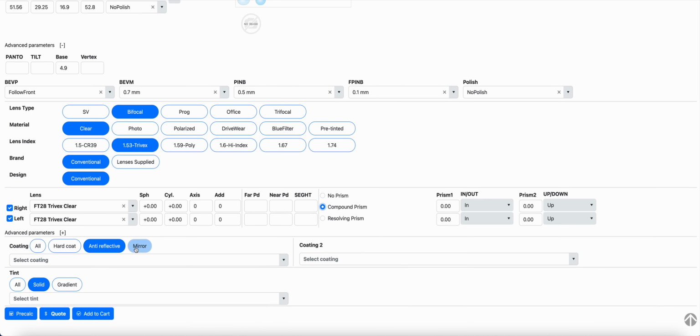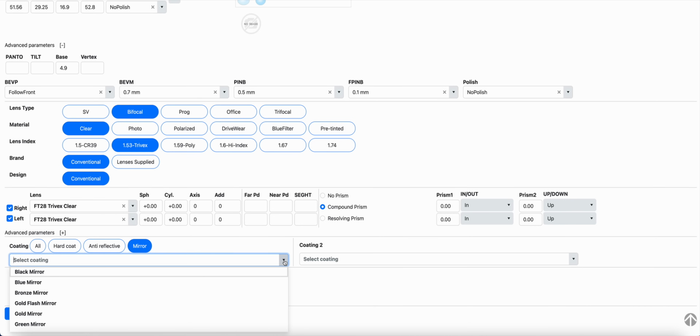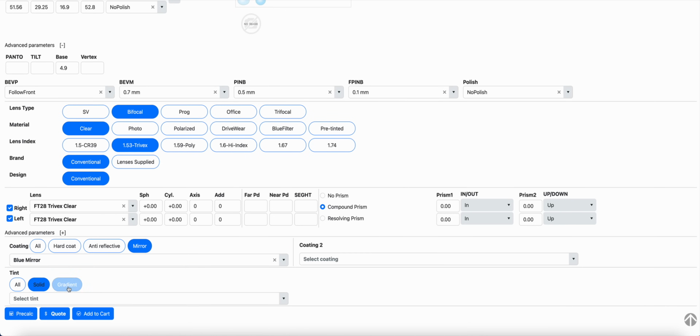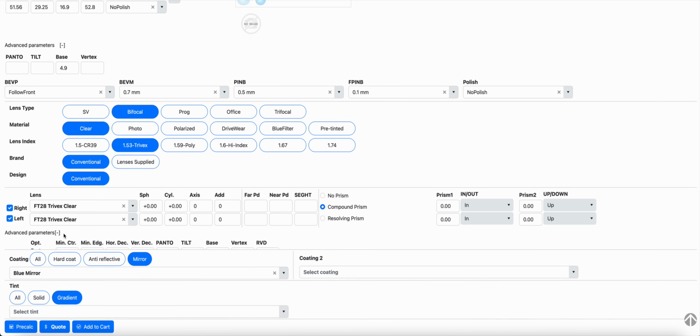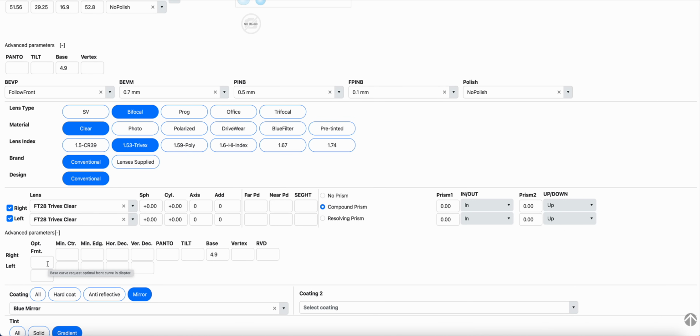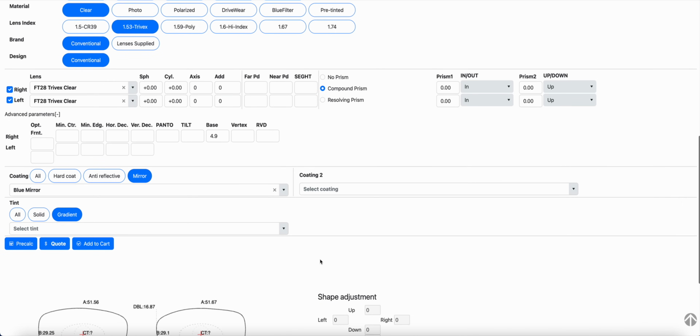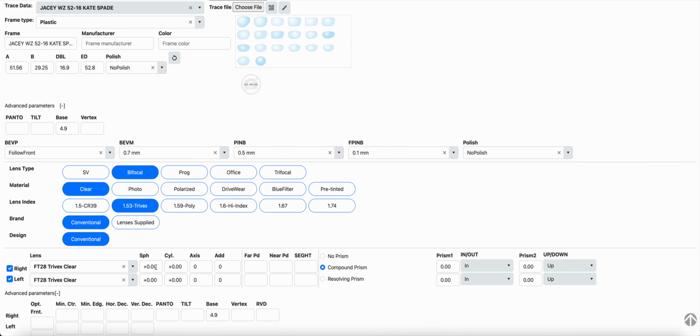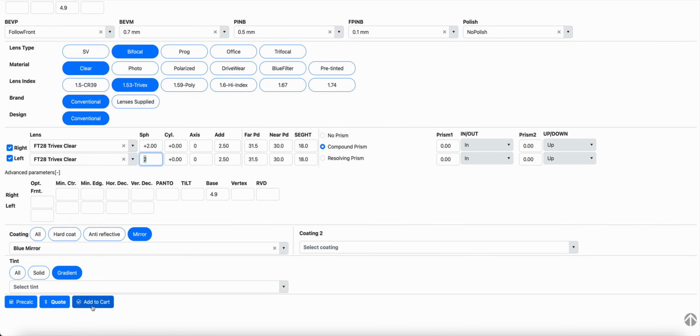If you're doing anti-reflective or mirror coating, tints, and there's another advanced parameters button. This would be if you want to specify the base curve or thickness, center thickness, edge thickness. And once you enter your order, and you hit add to cart,